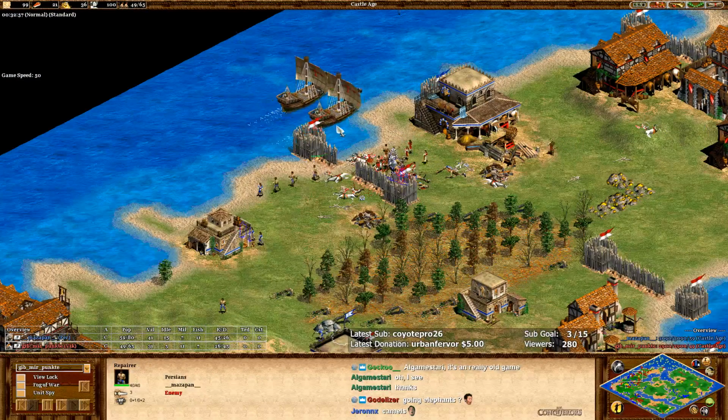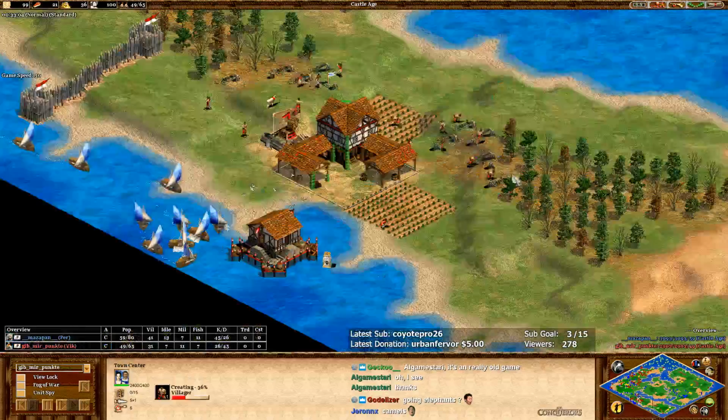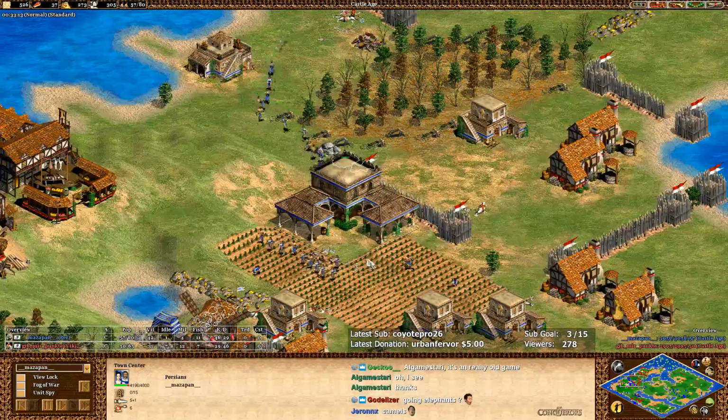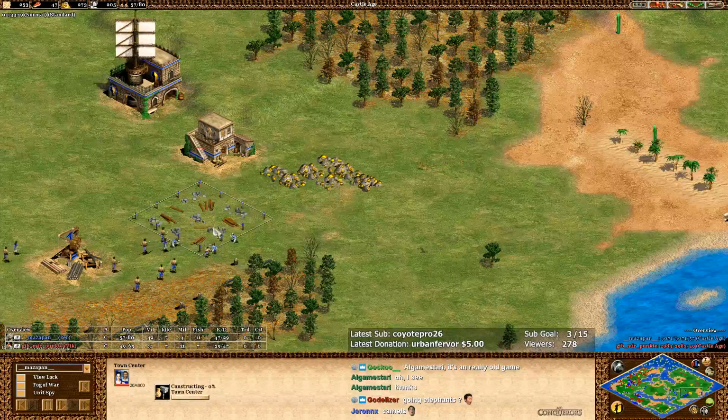Red sending over the galleys. He just needs to control this side. Blue still has a villager lead. Blue actually has the score lead. I don't know how that's possible. Probably units killed or scouting or something. I mean, this is just odd. And now he's going for a TC back at home,